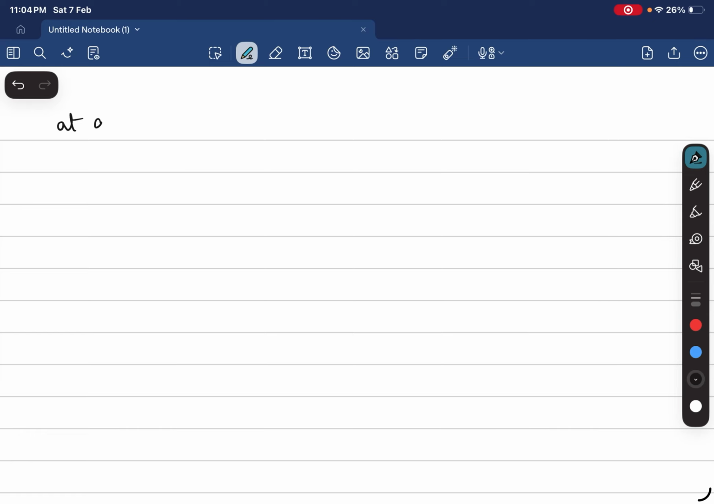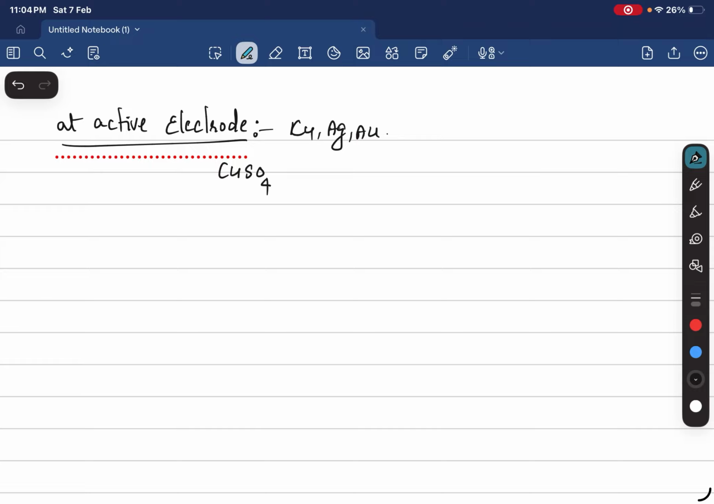At active electrodes, like metal electrodes other than platinum, that electrode itself participates in electrode reactions. What is it? We'll discuss. Reactive electrode examples: copper, silver and gold. So reactions: CuSO4 with copper electrodes,